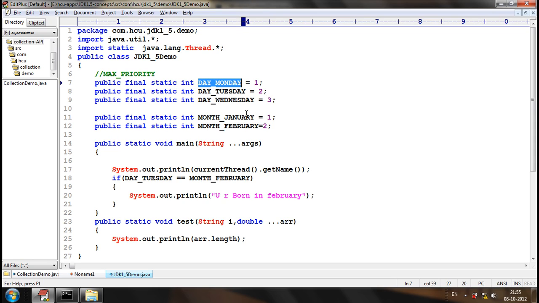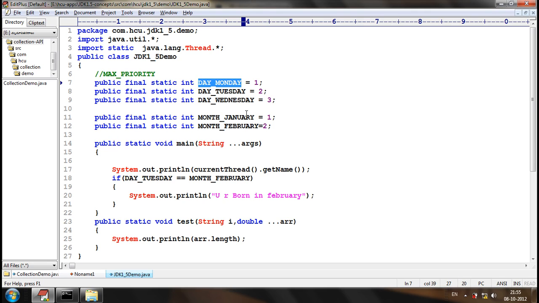All the constants are combined and put in a separate class, JDK1 demo. So they are not grouped. This also has caused problems. February is at one place, January is at one place, Monday is at one place, Tuesday is at one place. This gathering of constants has also caused some problems.